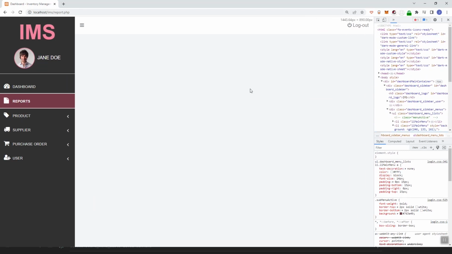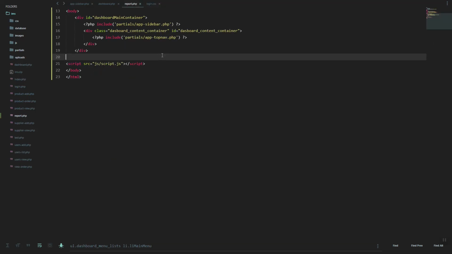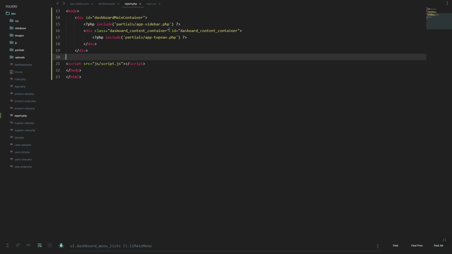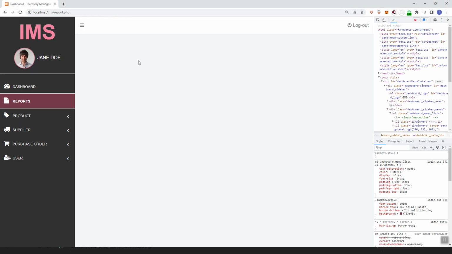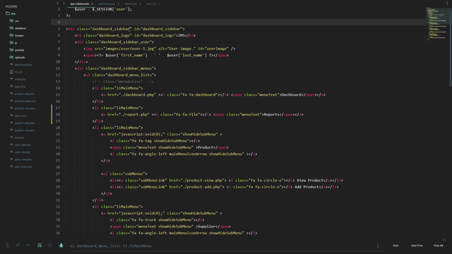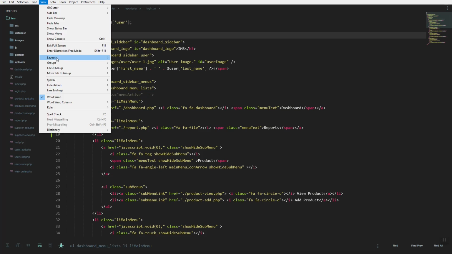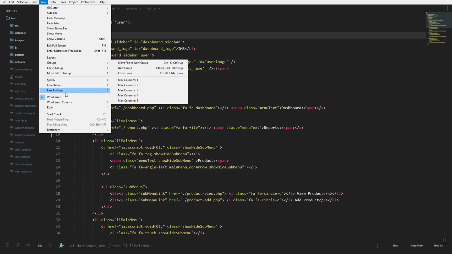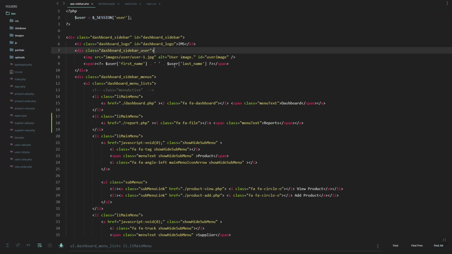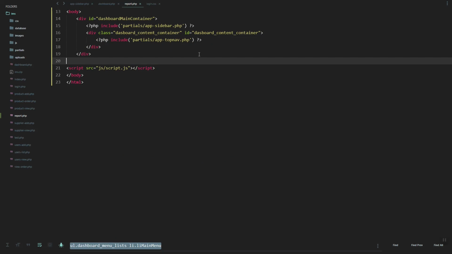Here we'll just create a button or just big boxes, and then we'll put the type of report that we want to export. So let's go to our view layout, and just remove this minimap. So in our report PHP,